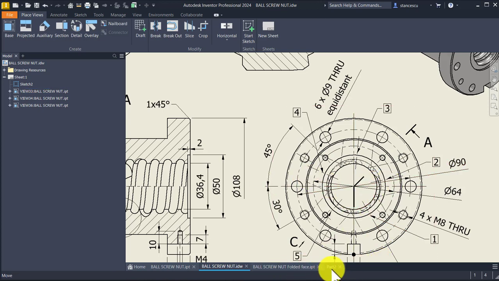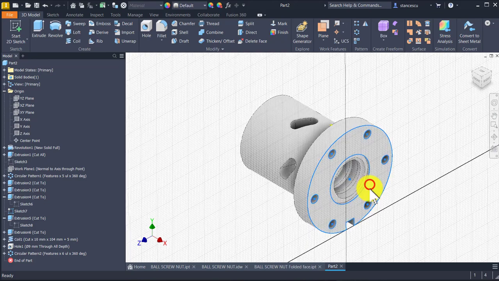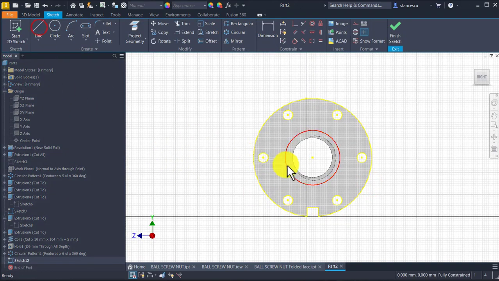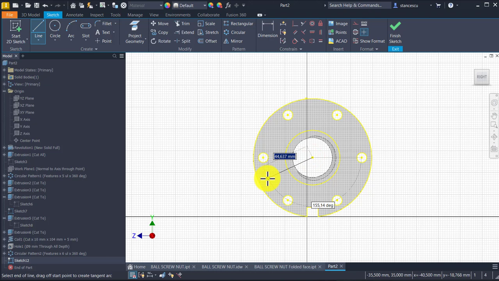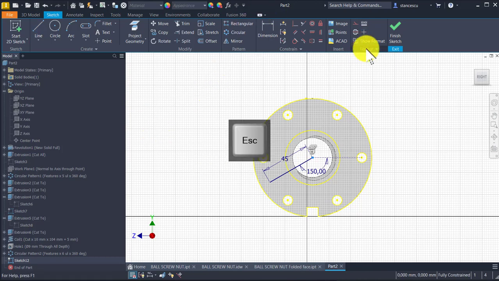Good. I select the face, I apply sketch, I draw a single line, at the distance of 90 divided by 2, tab, 180 minus 30. Yes. Finish sketch,